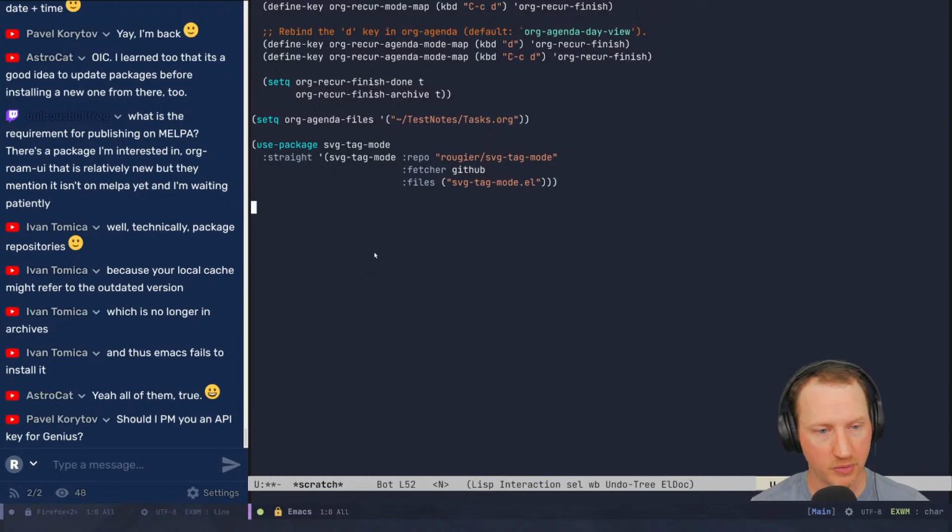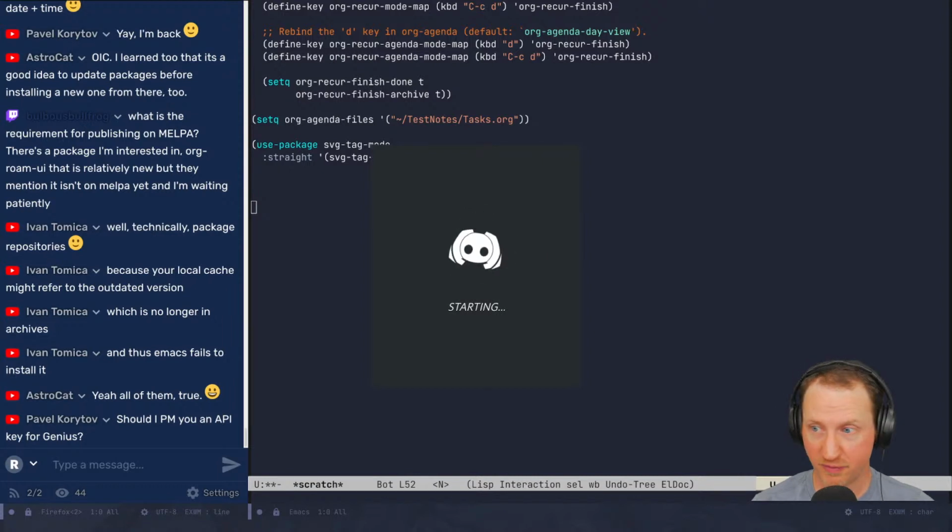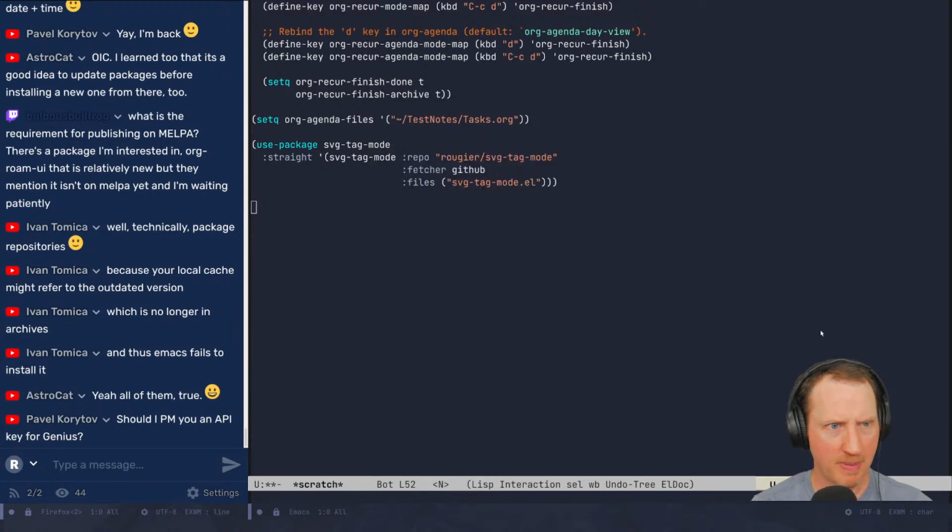Okay, yeah, you may need to do that. Which means I need to pull up Discord. I'm not on Discord or IRC right at the moment, so send it to me on Discord. So it sounds like you need an API key for Genius to do this. That's not too bad. I mean, if you want to use this package, you'll probably set one up. So yeah, back to the topic of publishing on Melpa. Yeah, there are some requirements, but it's not too bad.